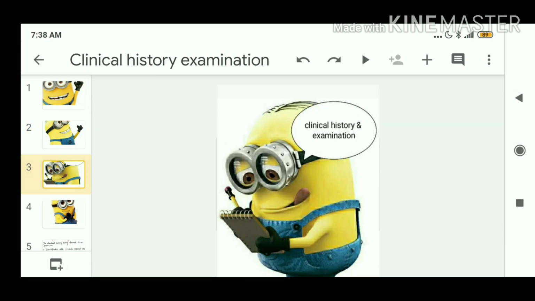Today I am going to teach you about clinical history and examination. Being an MBBS student, you should know how to take a clinical history of a patient along with your theory